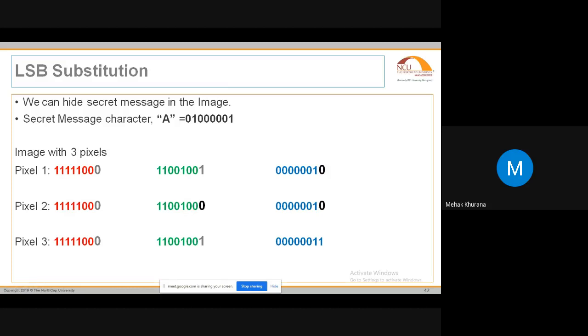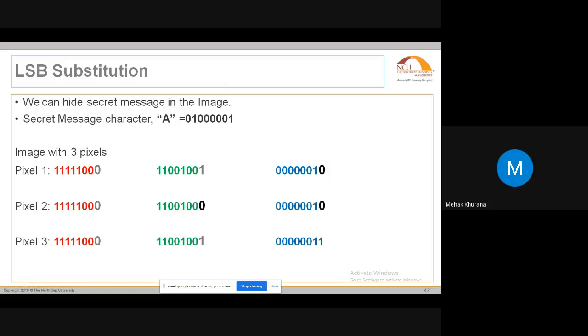In the green color also, there is no change in this byte, but in the blue color of the first pixel there is a change: there was a 1, and now it has been replaced by bit 0. I told you that there will be a change of +1 or a change in the intensity of -1. So there is a change of -1 here, and the 1 has been converted to 0. The value has been reduced from 3 to 2; the value was 3 when converting into decimal.